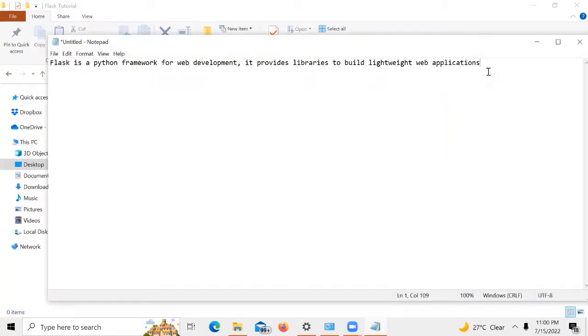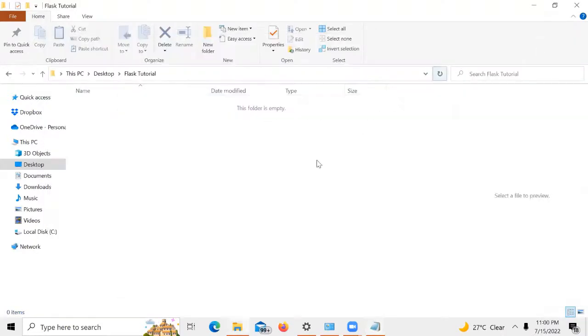In this tutorial series, we will be discussing a web development framework. And the web development framework we'll be discussing will be Python Flask. Python Flask is a Python library or framework for web development. This particular library provides several functions which allow us to build lightweight web applications. So let's proceed. I will be doing this demonstration using the IDLE